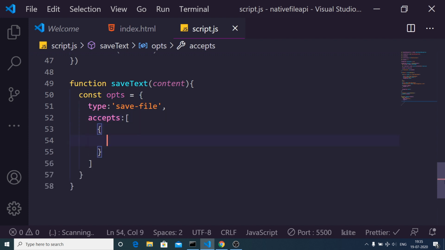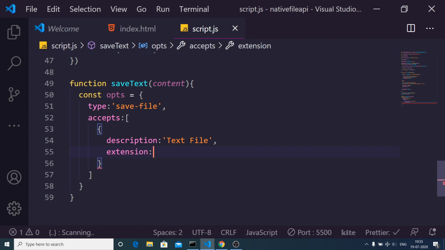The first object is the description. You can give any description of your choice, but I will be giving a text file. The second property it takes inside the object is the extension. Here you can provide any extension, image extensions as well, but I will be taking a very simple example, txt, standing for text file.